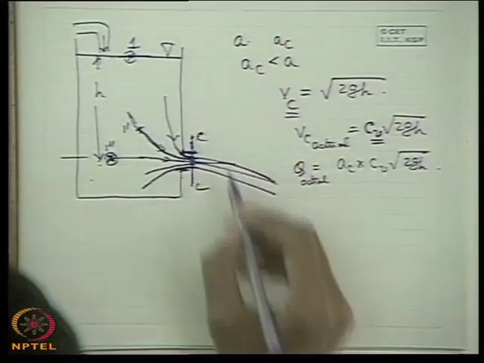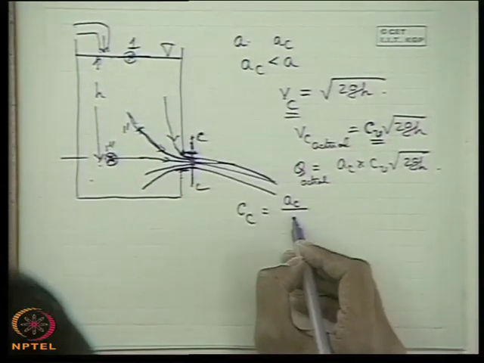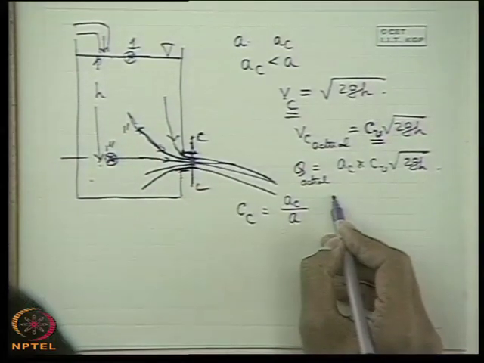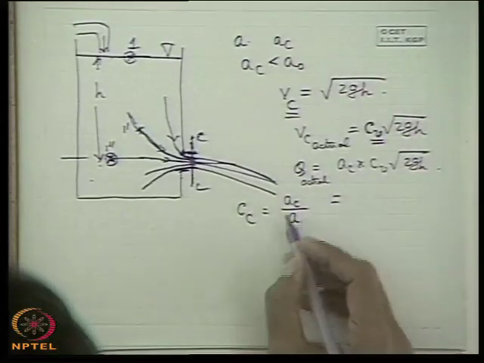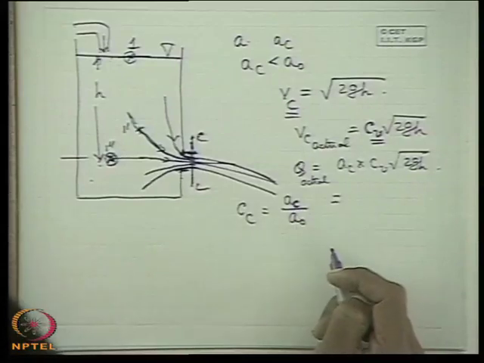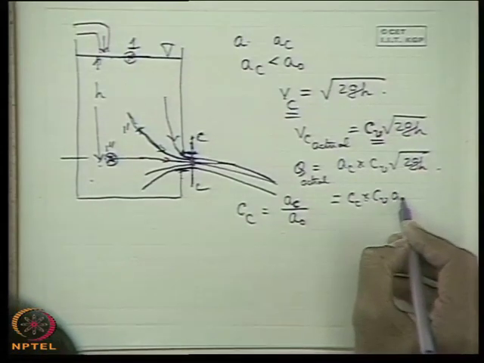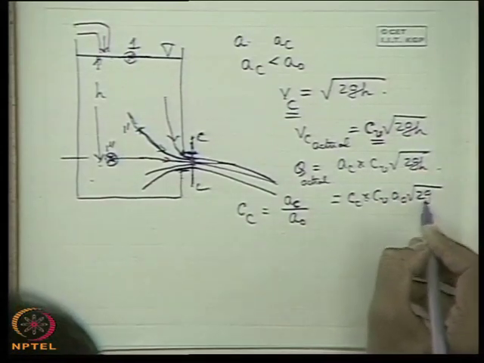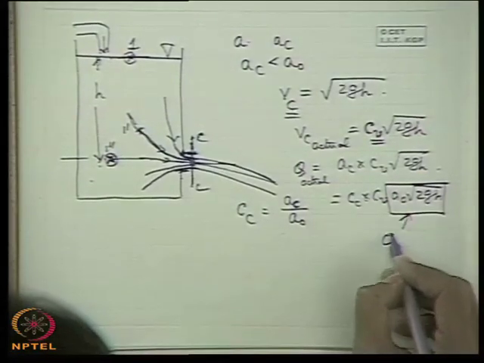Now with the definition of the coefficient of contraction as the ratio of the area of the vena contracta to the area of the orifice, we can write AC in terms of the area of the orifice, let it be AO, O suffix for orifice, C suffix for vena contracta section. Then we can write Q is Cc into Cv into AO root over 2gh. This we designate as the theoretical volume flow rate, Q theoretical.